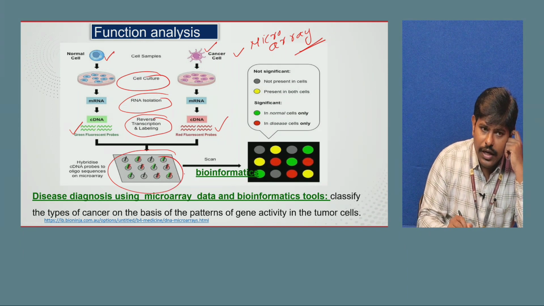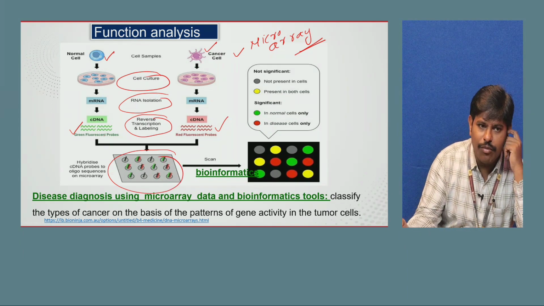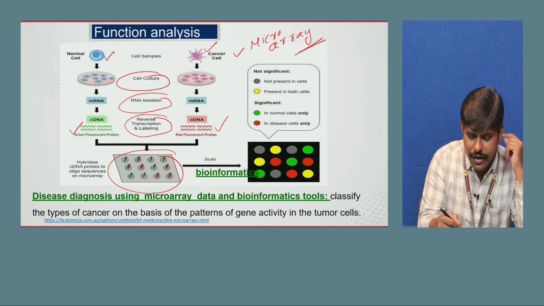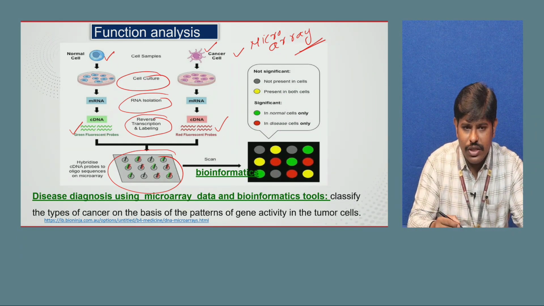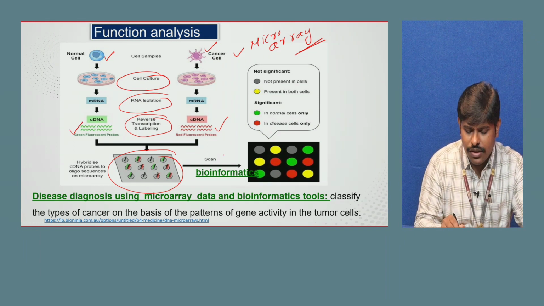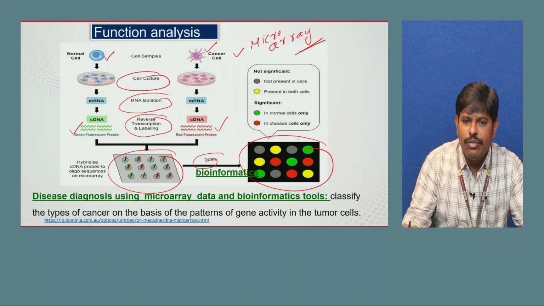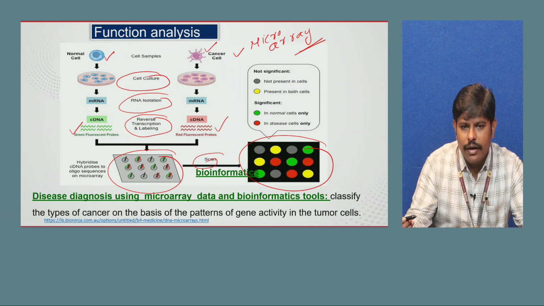Based upon the amount of binding of normal DNA or cancer DNA, the colors can be measured through laser technologies, and the data can be visualized as pixel dots of different colors: gray, yellow, red and